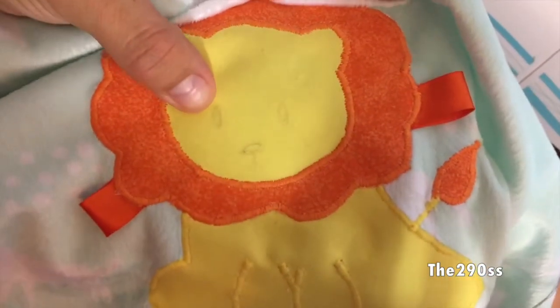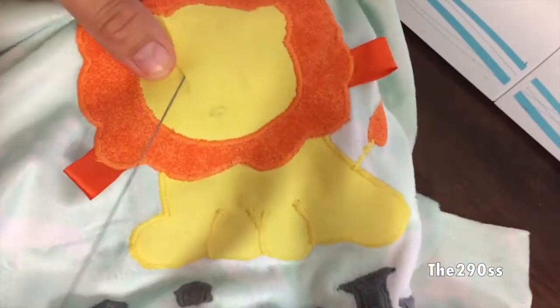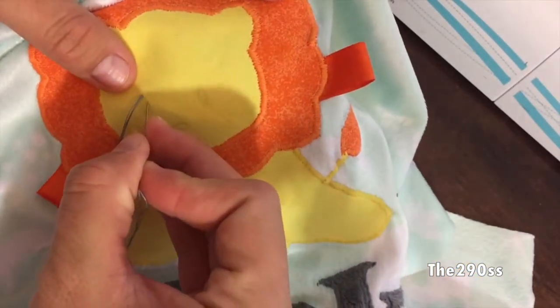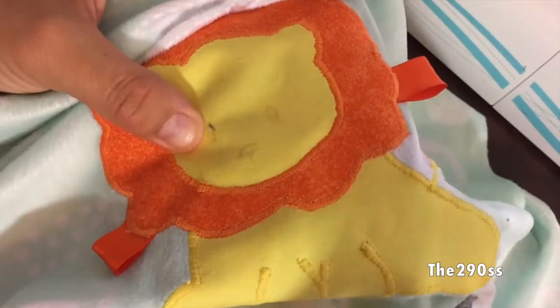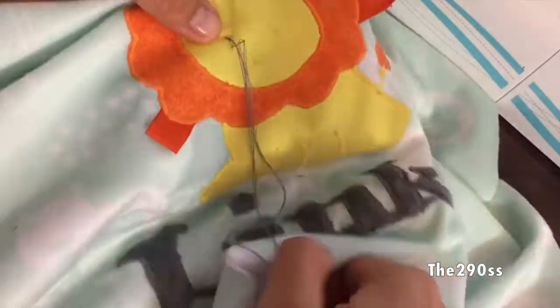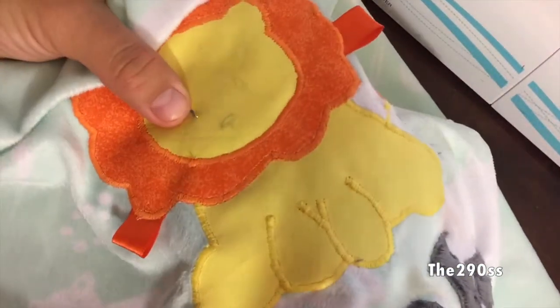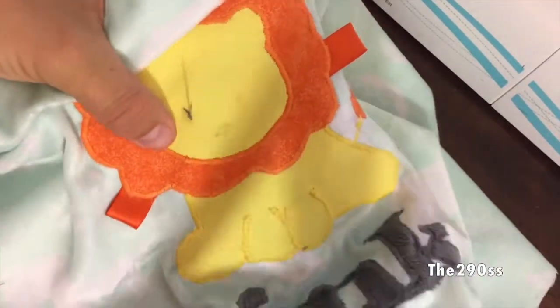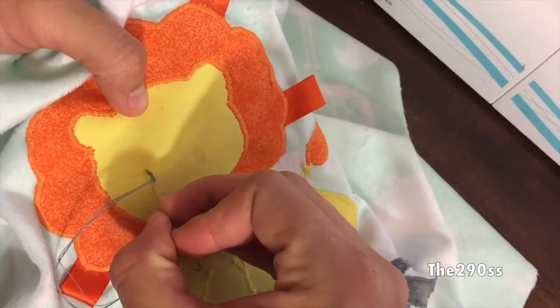So this is what it looks like. I'm gonna hand sew the eyes and the nose just to have more control over the detail that I'm putting into this, because if I use the machine, sometimes it doesn't look completely right, so I don't want to mess it up. I'm just gonna do a hand stitch, a small stitch, and it works great. So let me just finish this up and do it with the nose and the eyes. If you want to add the mouth as well,